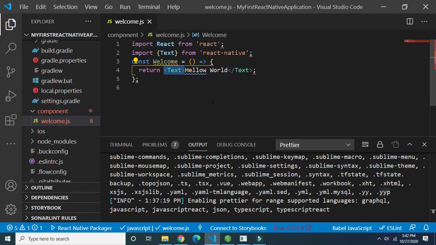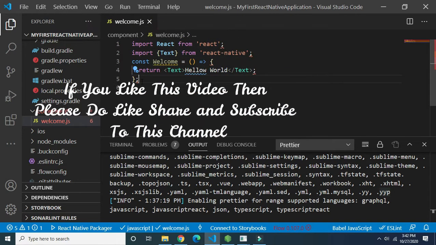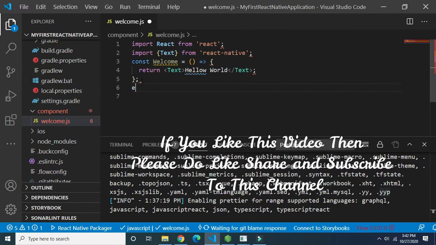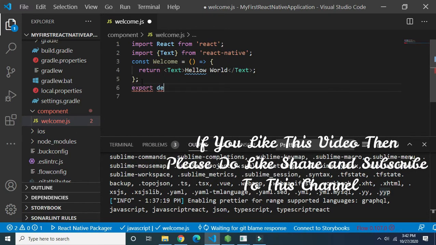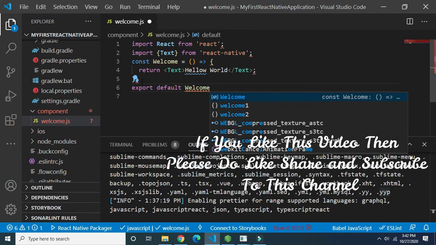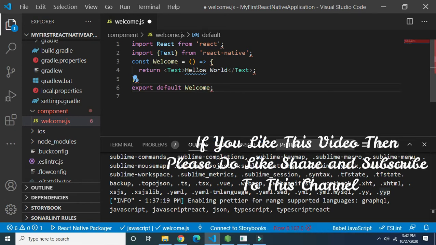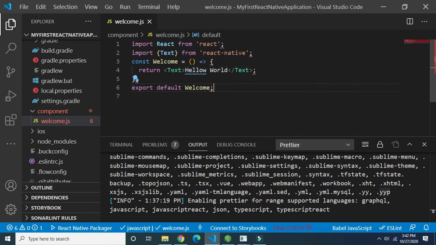So what we have done here is define one function, and that function returns the text hello world. In which file did we store it? In the welcome.js file. Now this function we have to access from the index.js file. So just like our previous example, here we use the keyword export default to export welcome. And what is welcome here? Welcome is a constant to which we assign this function, which returns the hello world text. I hope you are getting this point, how to define a function component in React.